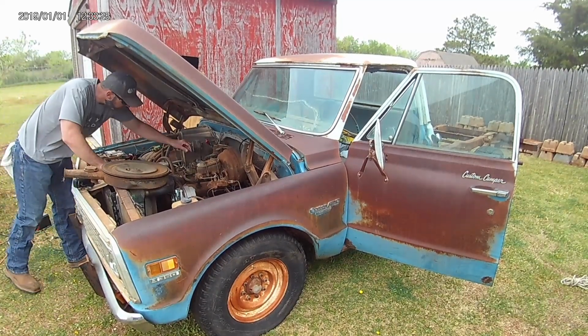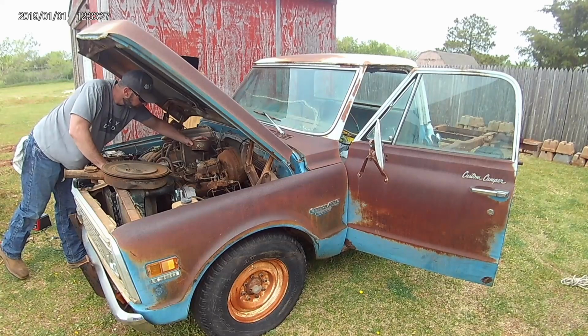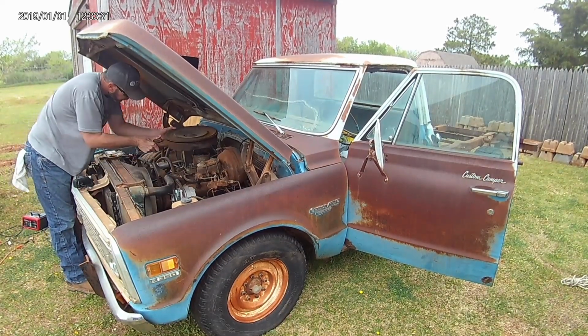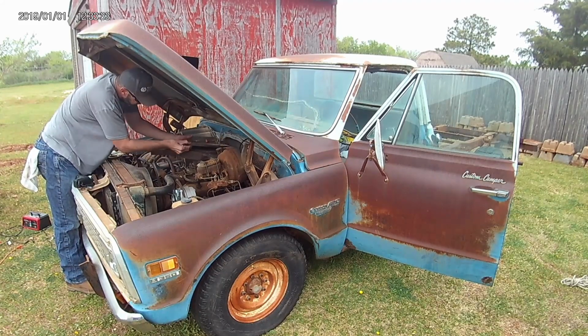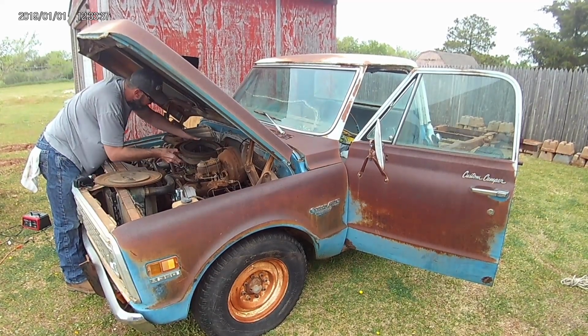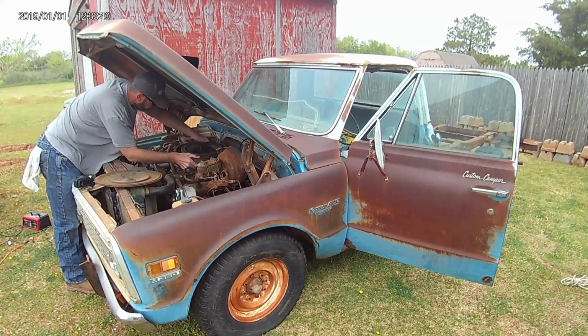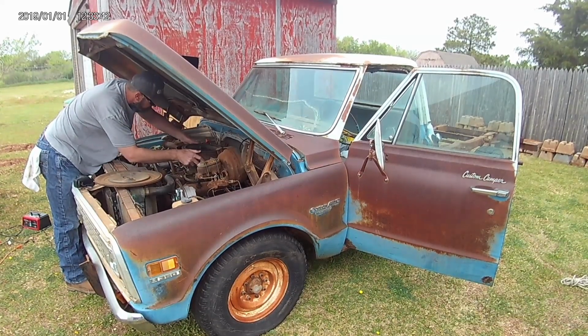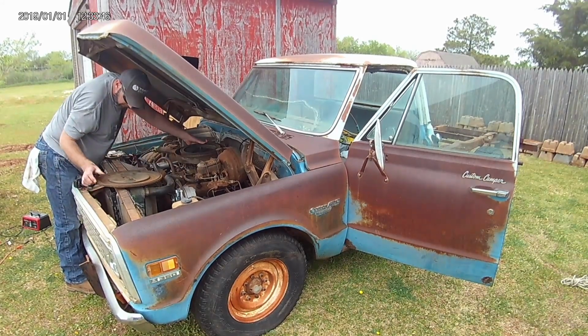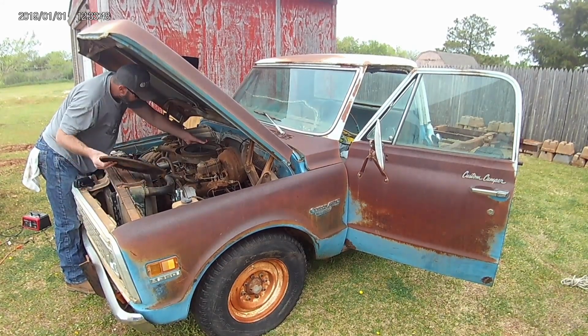So we know we got a bad oil leak over here. We know it's going to need another manual fuel pump because I'm not a big fan of running the old clickety-clacks on them